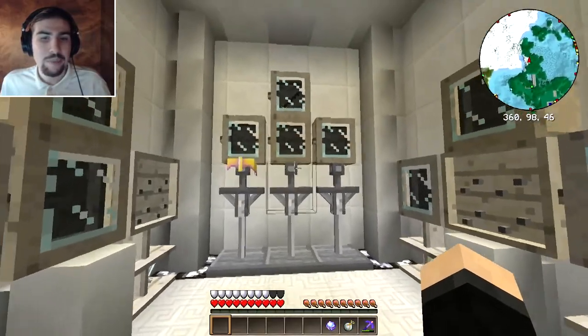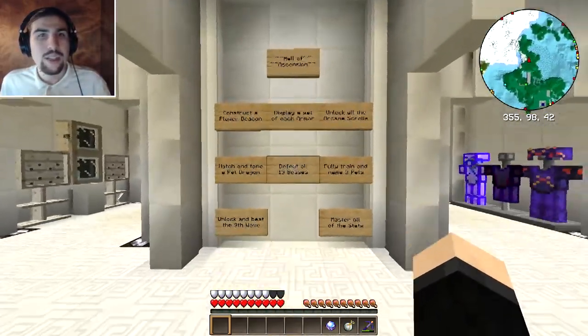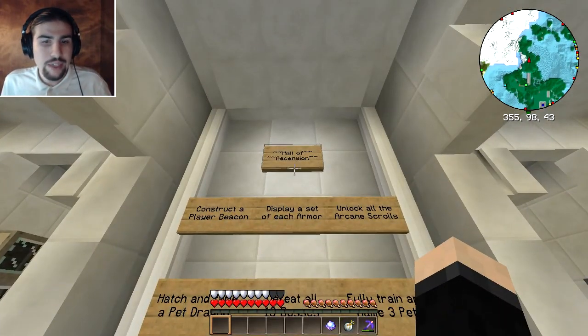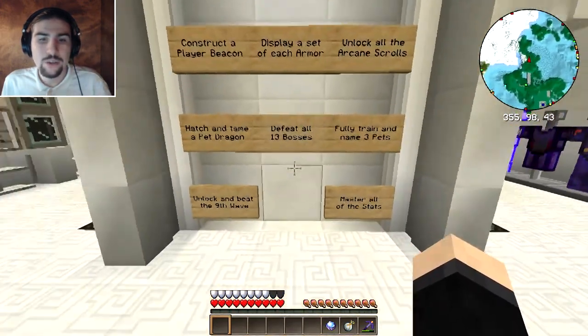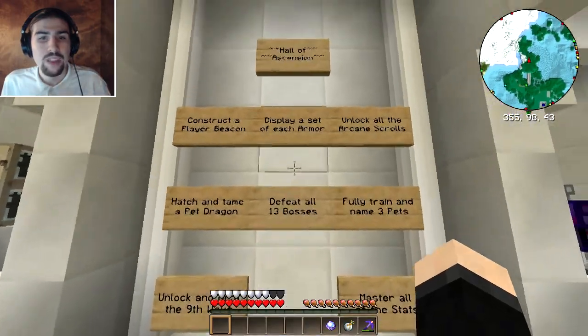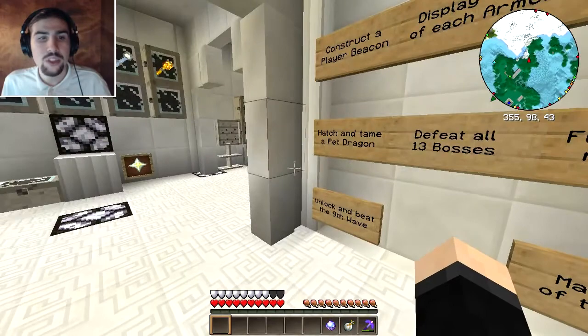I think it looks a bit better now, and I also redid the signs here, so let me read them off real quick. Okay, instead of saying passage requirements or whatever I had before, it now just says Hall of Ascension, and here are our 8 goals. I may add a 9th later, but I couldn't think of one, so I decided just to leave it blank. So, pretty much, instead of just saying complete all the displays, I made some more specific